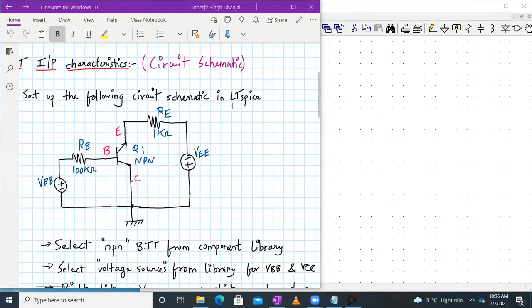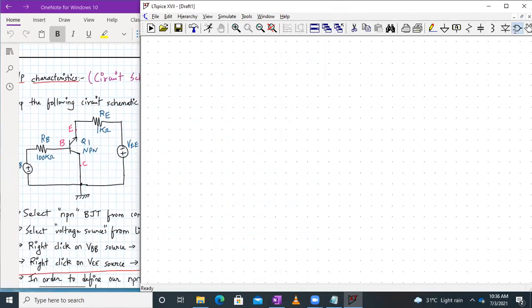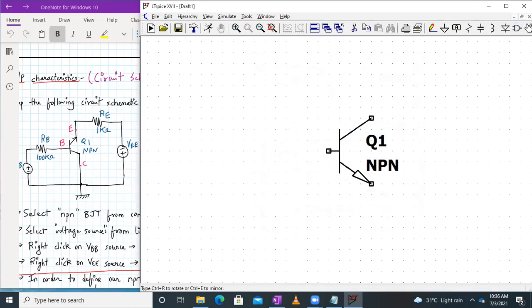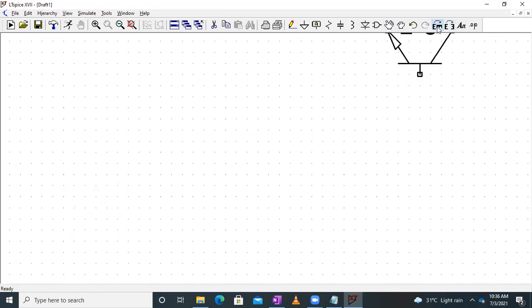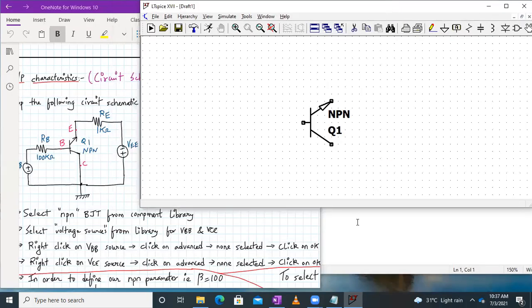Now let's build the circuit schematic in LTSpice. So we'll go to the LTSpice window, and here we open the components. We have selected the new schematic. From here we select NPN transistor. We can rotate that, and we have to mirror image it actually. So what we will do is we'll place it on the screen and maximize it, and then we'll select it from here and try to mirror it. So this is the way we have to place it. Your emitter has to be up and your collector has to be down.